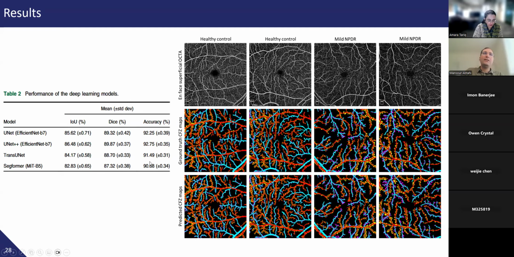As you can see here in this problem, vision transformer models didn't have good performance, and I think the main reason is that in this segmentation problem, we had a lot of small details, small capillary-free zones in different areas, and most of the time UNet++ or UNet architectures, which use convolutional operations, have better performance in detection of small